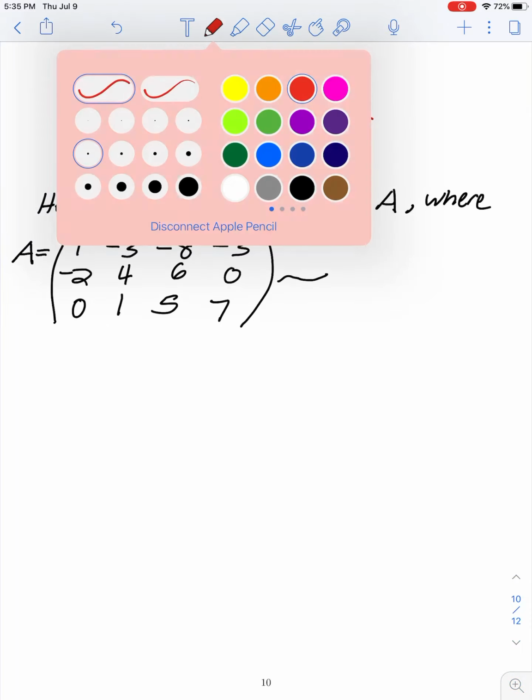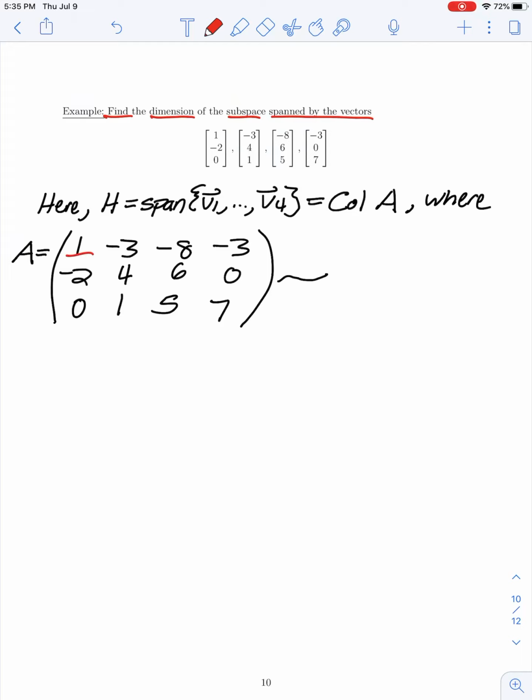So I already have a 1 as the leading entry in my first row. I'm going to use that to eliminate the -2 that appears as the lead entry in my second row by taking row 2 plus twice row 1,